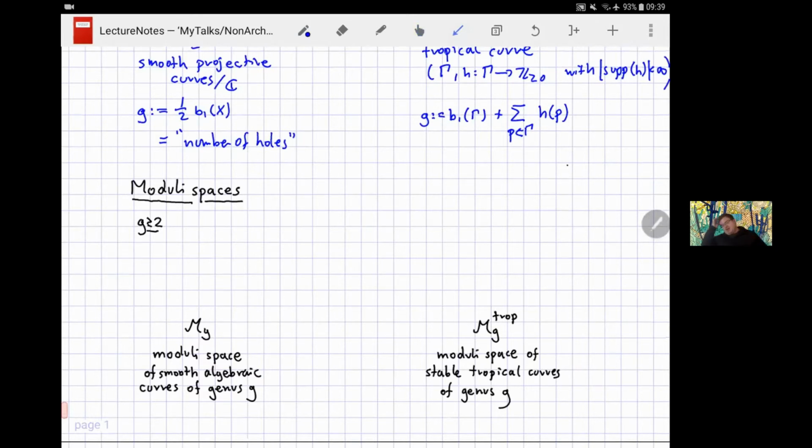And on the tropical side, you also have a moduli space, the moduli space of stable tropical curves of genus g. We'll see an example of this in a second, but essentially it's just isomorphism classes of tropical curves of genus g with some stability condition, which just avoids some bad outgrowths of the graph. And the connection between those two